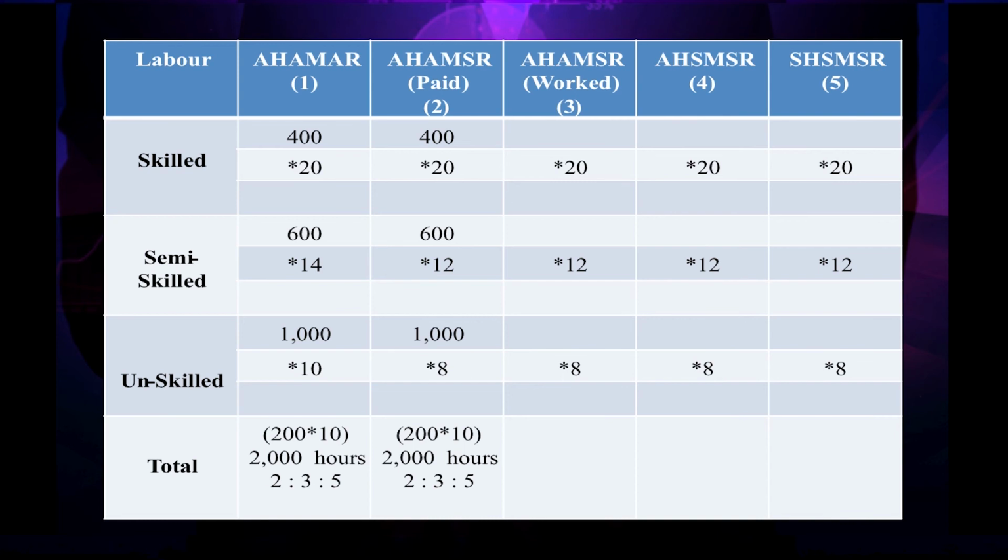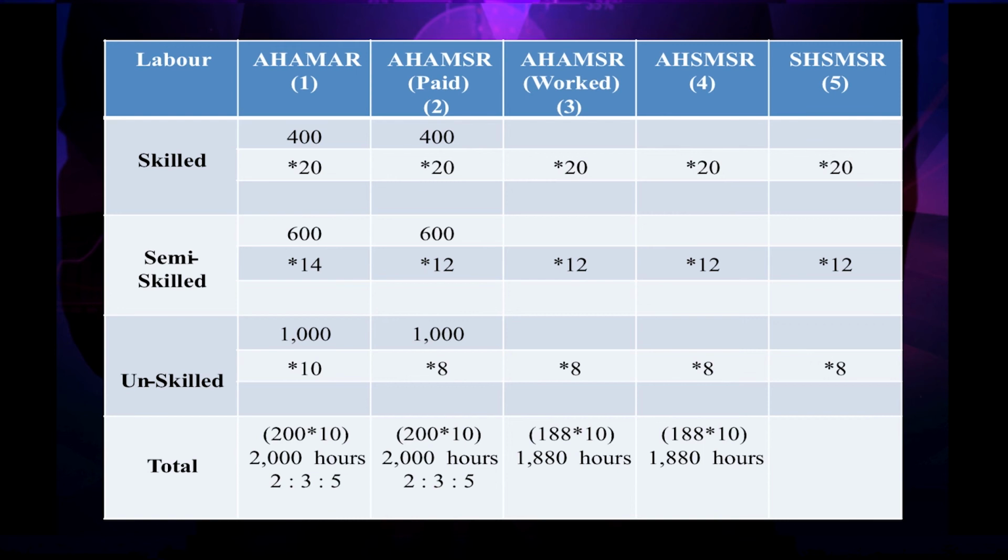Now, the third column is an important one, as it is the worked column. From the total hours, idle hours will be subtracted. So, 200 minus 12, 188. So, 188 into the number, 1880 hours will be there as actual hours for column 3, and the same hours will be there for column 4. So, 1880 hours for column 4 also in a row total.